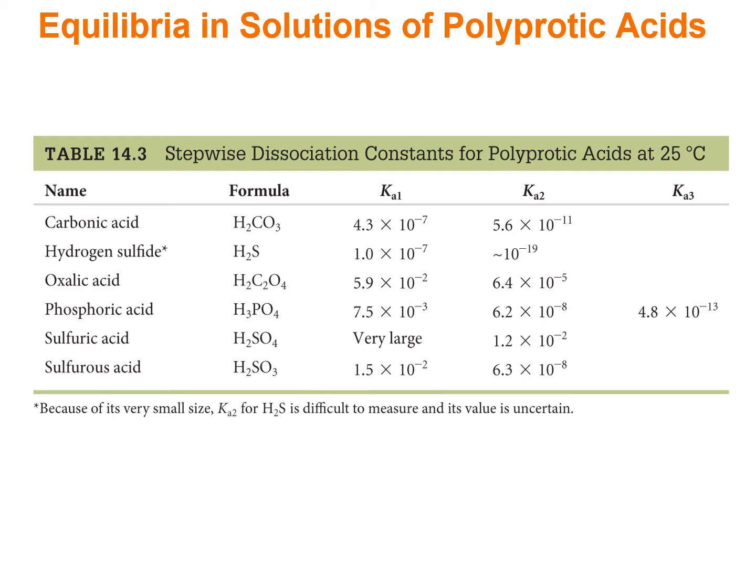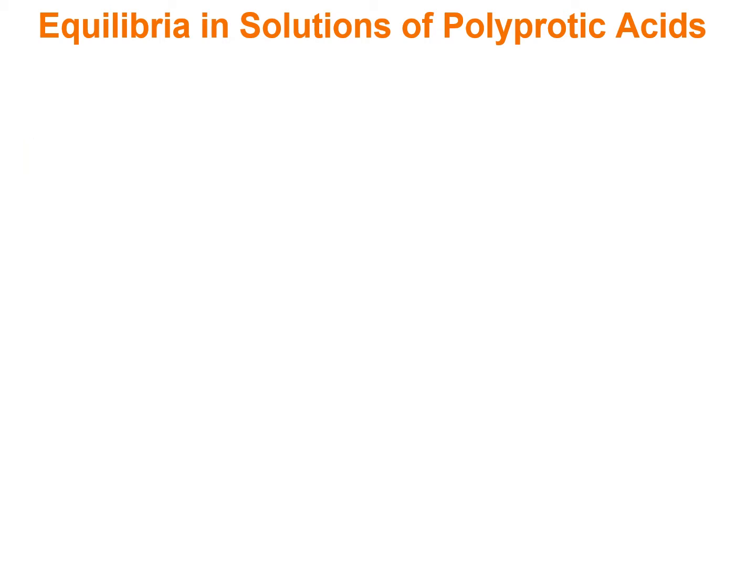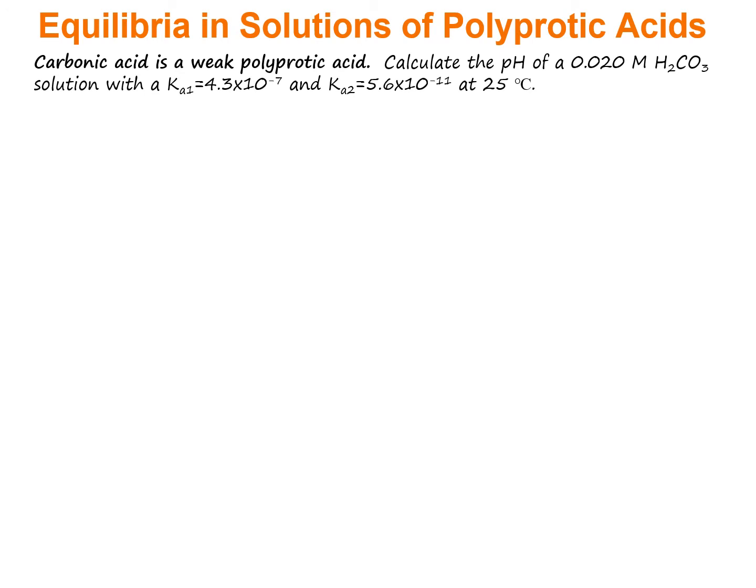Ka2, though, is only 10 to the minus 2. So once it loses that first one, it doesn't have a great propensity to lose the second proton and become SO4 2 minus. So if we're looking at doing some calculations here for these solutions, we'll take a look at first